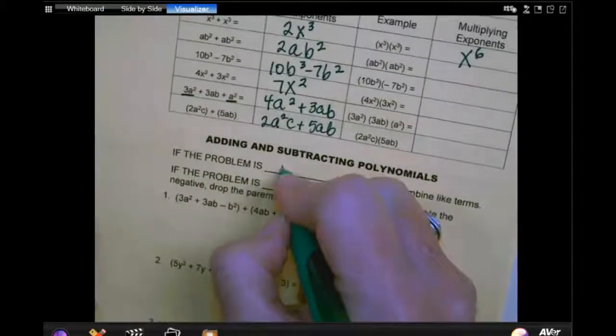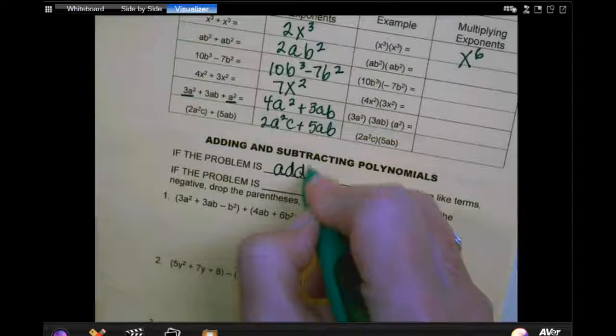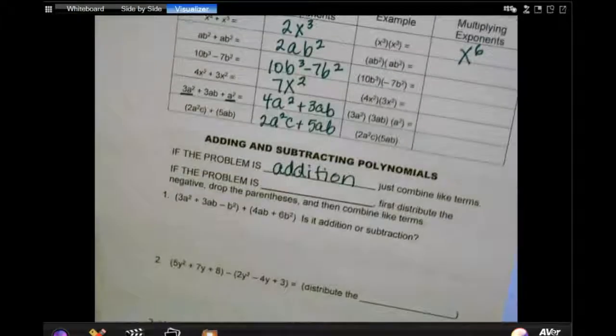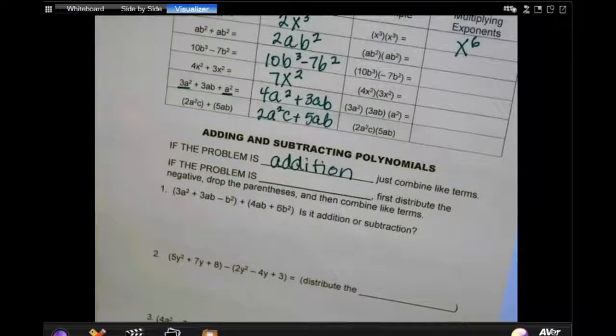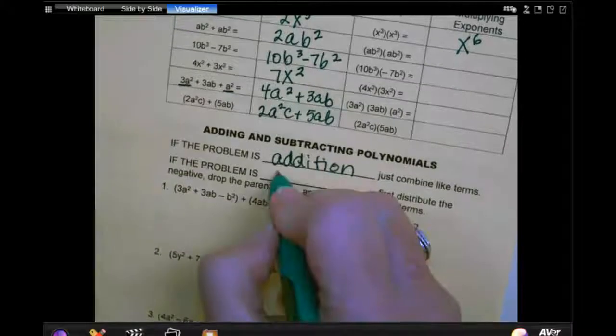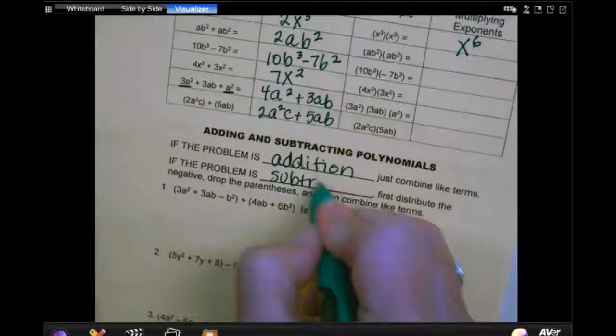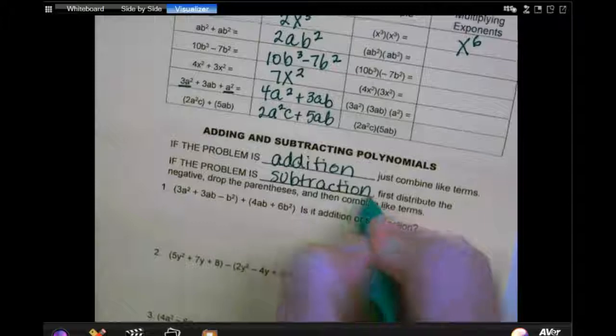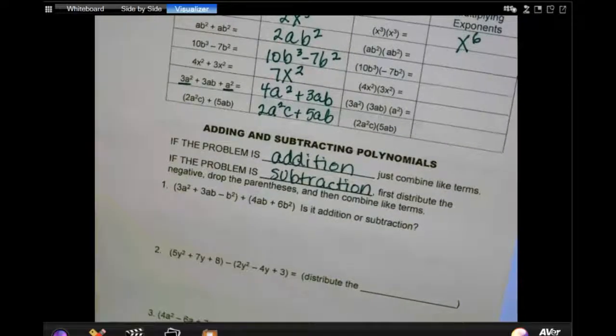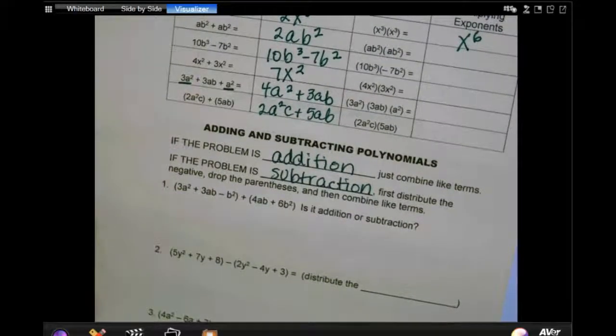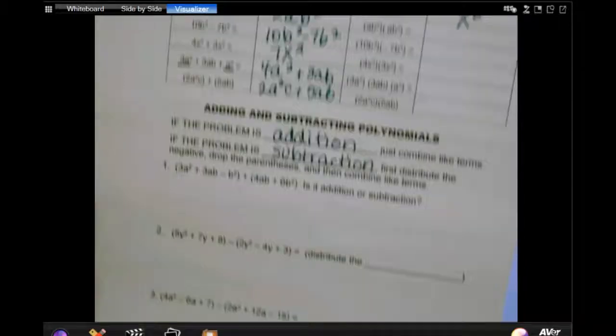So if the problem is addition, we're just going to combine like terms. If the problem is subtraction, first distribute the negative, drop the parentheses, and then add. So,